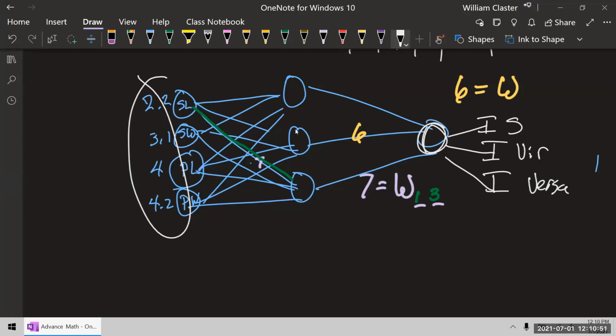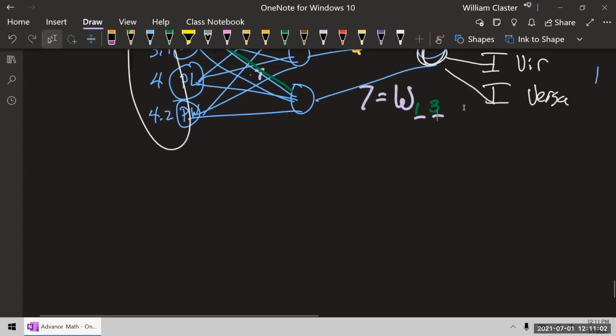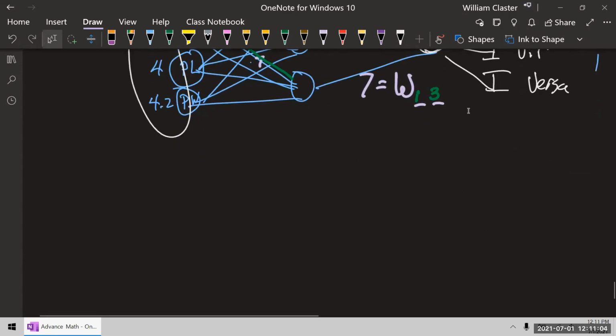What good is that going to do in terms of making a good guess? Well, what we've learned so far is only how it pumps out an answer, but not how it learns. How does it learn? We didn't talk about that. That's when we're going to need the derivative stuff that we talked about last week. In other words, what we're going to do is we're going to have a network,